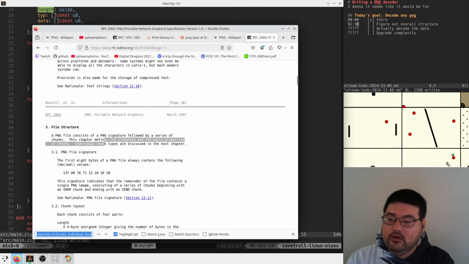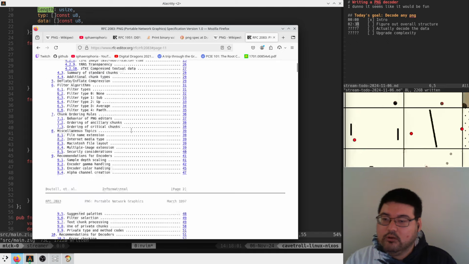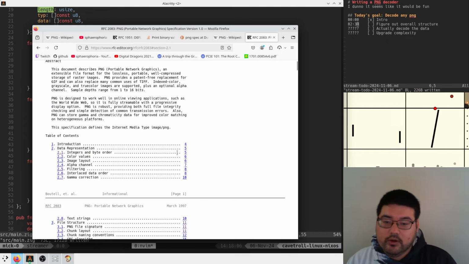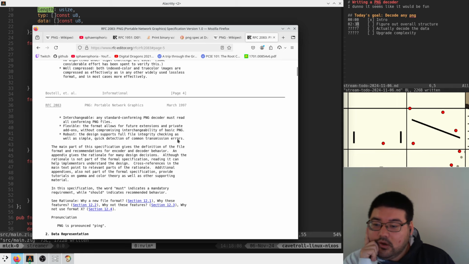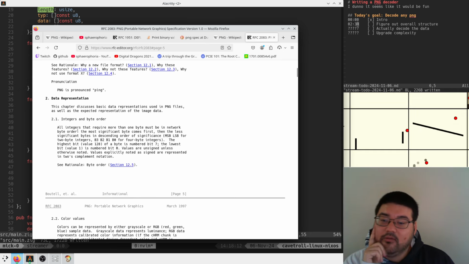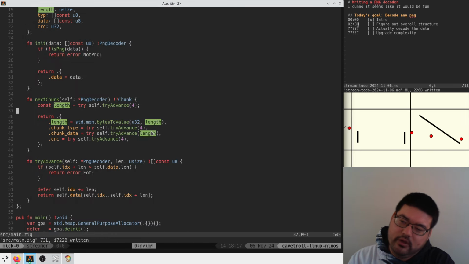And do they talk about endian? No? Are you kidding me? How am I supposed to know data representation? Integers in byte order. Here we go. Integers in byte order that require more than 1 byte must be in network byte order. The most significant byte comes first. Okay, sure. So we need to do like